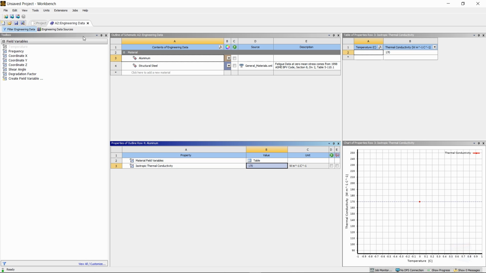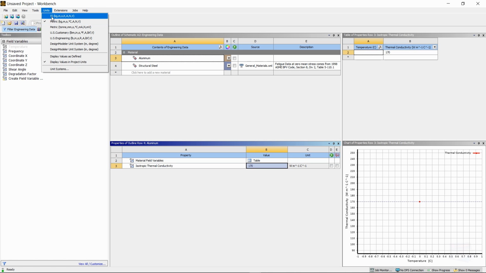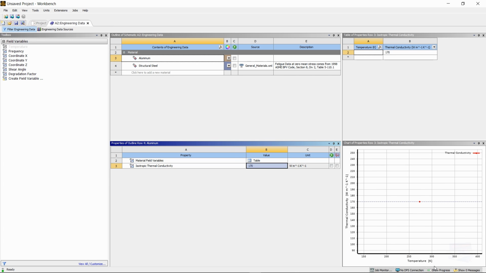Okay, we have our temperature in Celsius, but we want to work with Kelvin for this part of our study. So let's go to our toolbar, units, and here you have metric. Let's go to SI, and also make sure you have display values in project units. So select SI here, and now we have it in kelvins. Let's close engineering data,